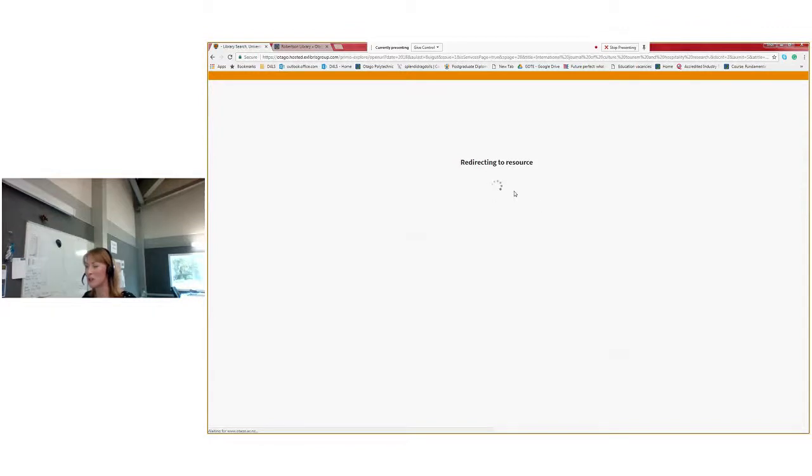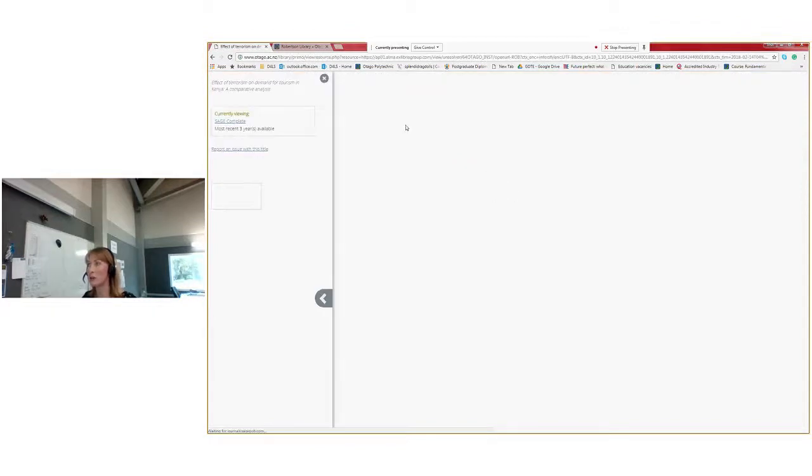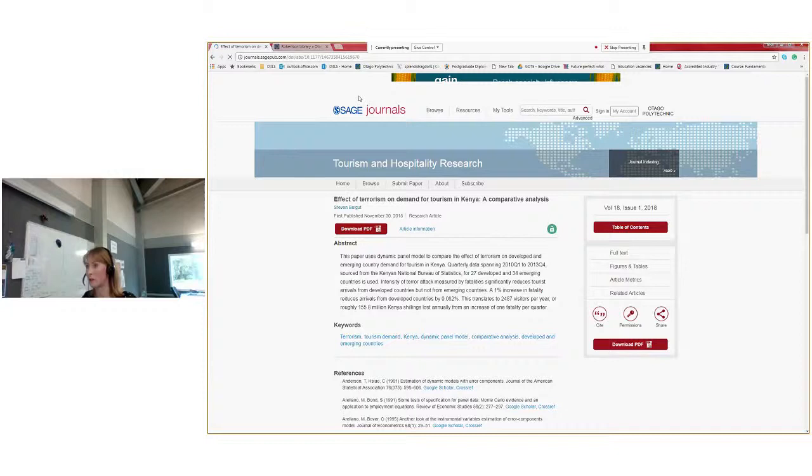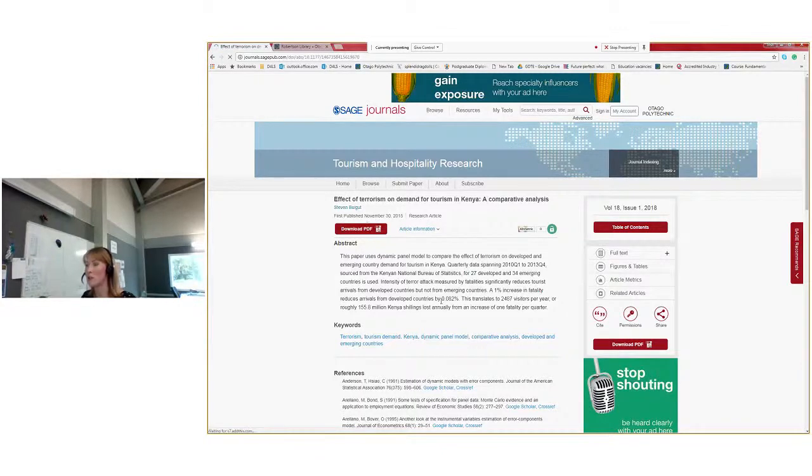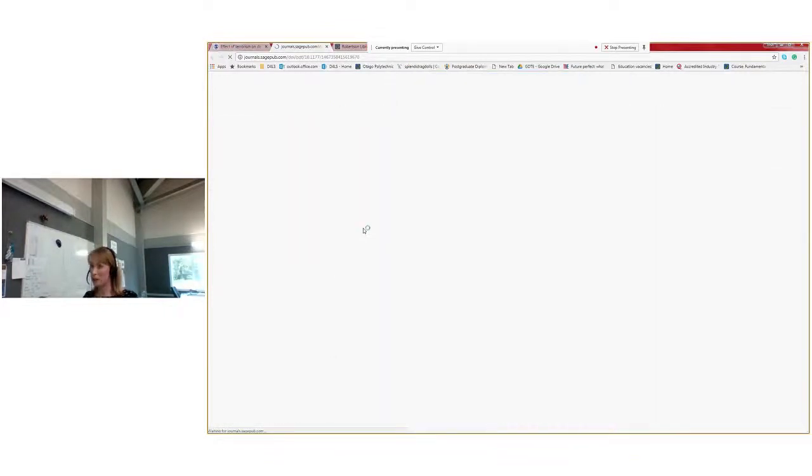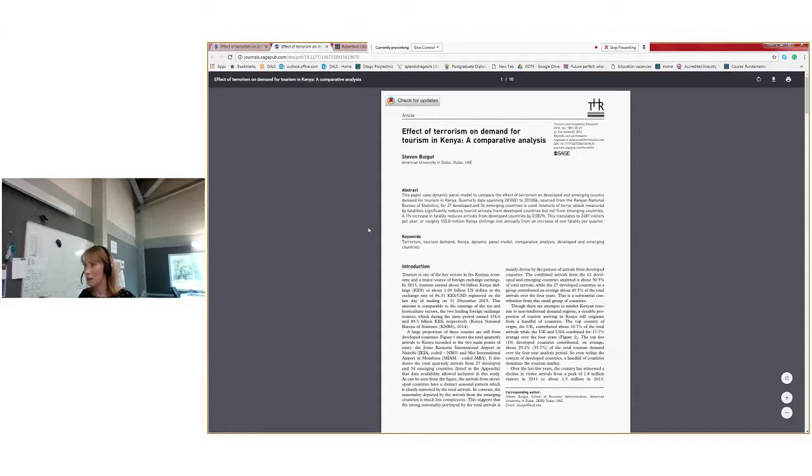Redirecting to resource, that looks good. Here we go. If we just close this side window here, it should bring up the article. Here it was. Okay, so it's brought up a little summary of the article, and then you want to look for the download PDF. If you click on download PDF, here we go.